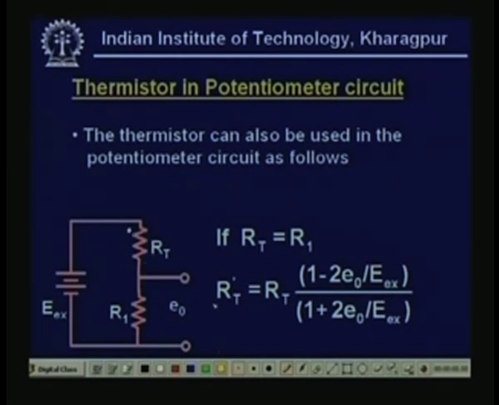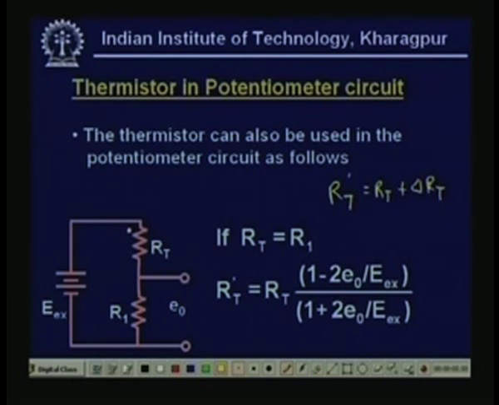In this case, if RT equal to R1, so RT dash will be equal to RT, that means changed resistance, where RT dash, as I told you earlier, equal to RT plus delta RT. RT dash equal to RT (1 minus 2 E naught by Ex, excitation) upon (1 plus 2 E naught by